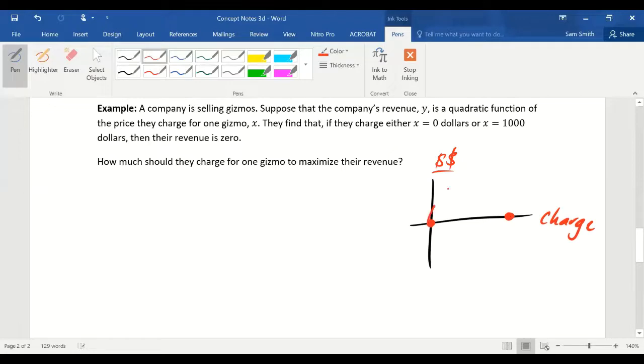And if no one buys what you're selling, you're not going to make any income in that case either. So somewhere between these two extremes, giving your stuff away for free and charging so much that no one wants to buy it, somewhere in between these extremes is the sweet spot,